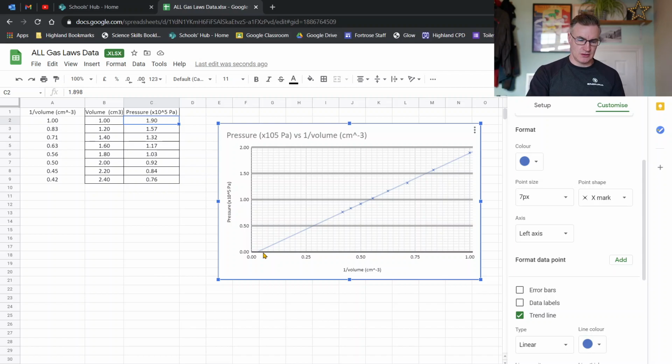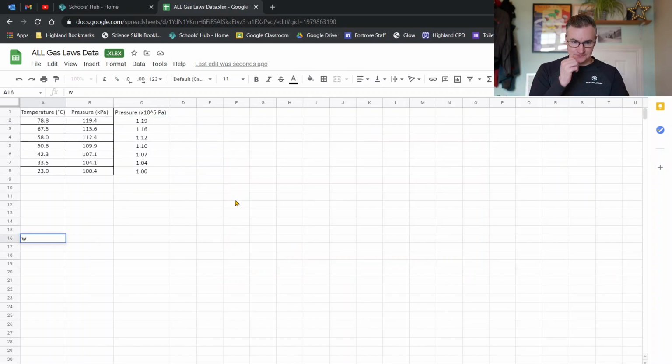Moving on, we can look at the Gay-Lussac's law graph. Okay, for Gay-Lussac's law here we have our pressure, and we got the data in kilopascals, so we can then convert that into times 10 to the power of 5 pascals here, and we have our temperature here. Same as before, highlight both columns,